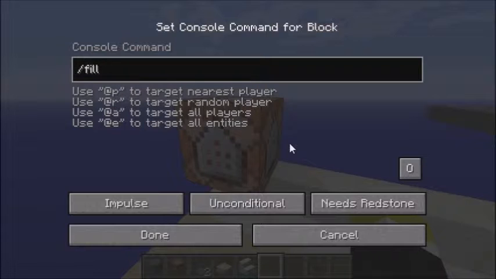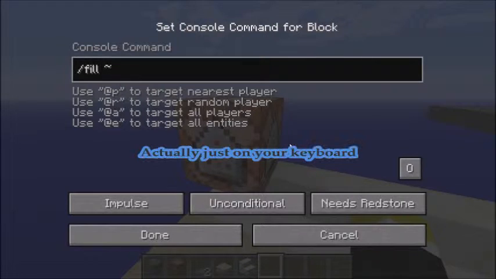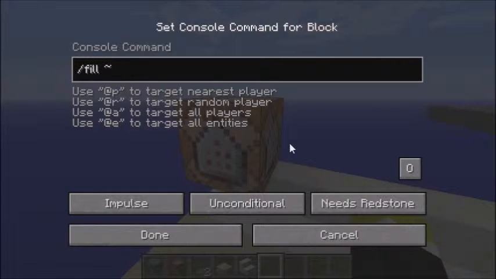So what we can do is fill, and see this is the button right next to your 1 on the number pad, unless you're using a different type of keyboard. And that just means relative to the command block. So 1 would be relative to the command block 1 block this way. If you don't have this, it's relative to the world. So it'd be somewhere over here, but we want relative to the command block,